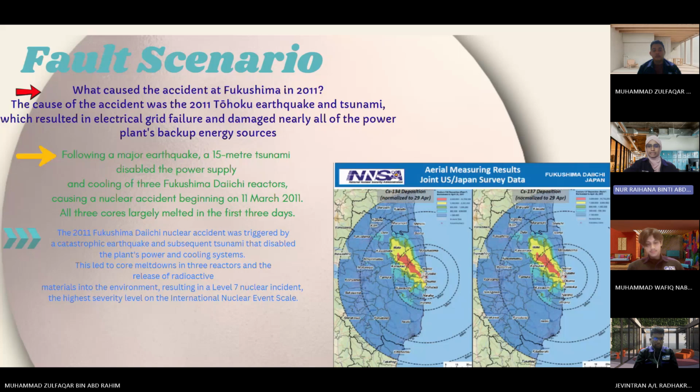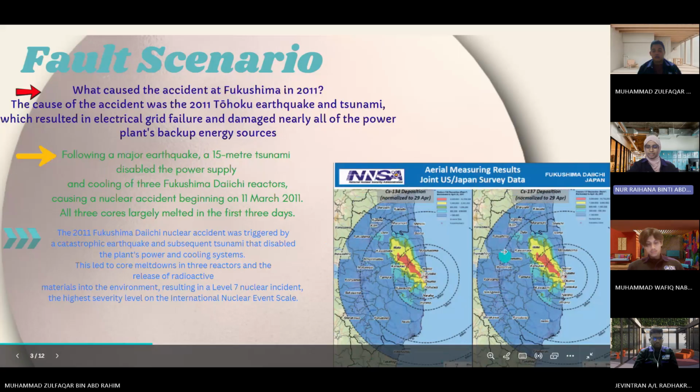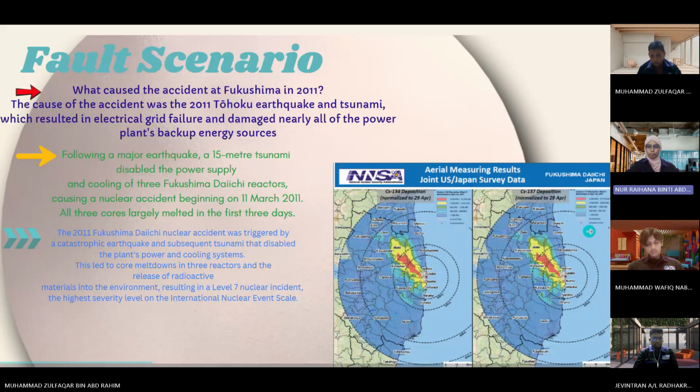So as you all can see down here, I've already shared the places that were affected by the Fukushima Daiichi natural disaster, the earthquake and tsunami. You all can see, right? Yes. Some of the countries that are affected. This is from the map that I've already captured.